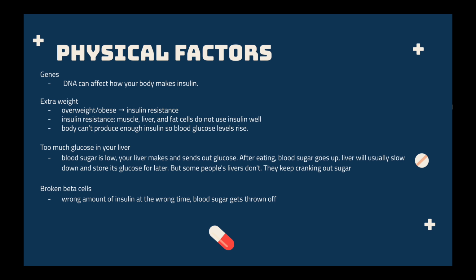This means that the muscles as well as liver or fat cells do not use insulin properly, resulting in blood glucose levels rising. Excess glucose in your liver or your blood that is not carried into the cells is turned into fat cells, replacing liver cells over time. This develops into fatty liver disease and heightens the risk for diabetes. Furthermore, bad communication between cells and broken beta cells also means that the body can no longer produce enough insulin to regulate a person's blood sugar level, causing diabetes.